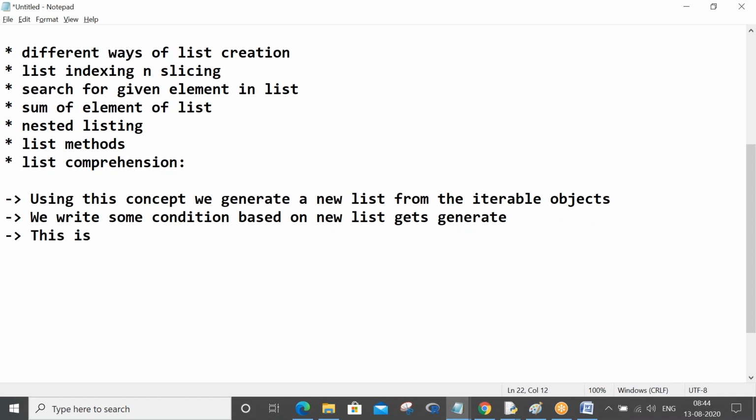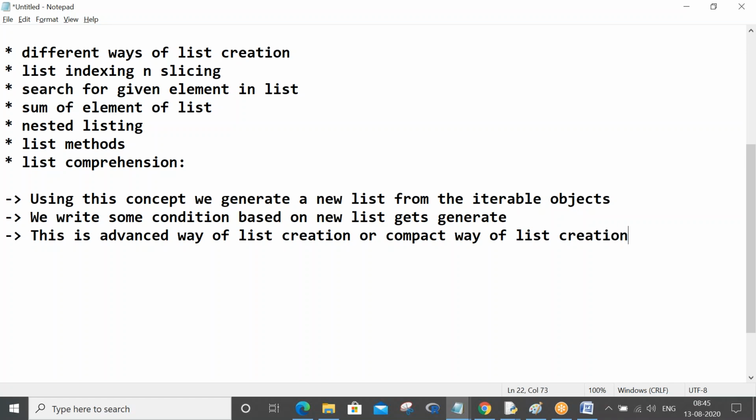This is an advanced way of list creation. You can say latest way, or compact way of list creation. That's it. So iterable object means what? All your collections are iterable objects. So these are the 3 points you can take under list, and we'll see programs.